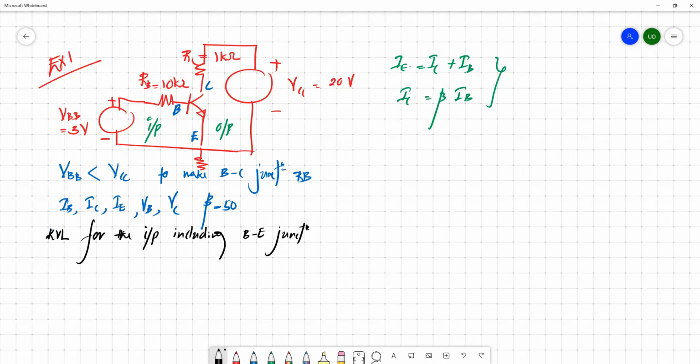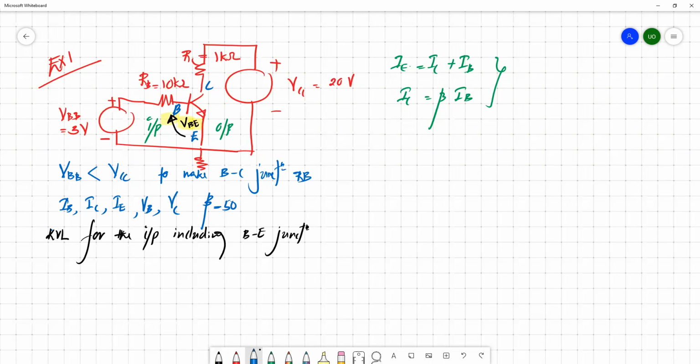Then we can mark this base emitter voltage VBE. The arrow directs to the point where we need to specify the voltage. Now this arrow is pointing to the base, so it means we are referring to the base voltage with respect to emitter. So the arrow should be from emitter to base. Keep in mind, the arrow is like this, base emitter. Okay, so if you apply this Kirchhoff voltage law,